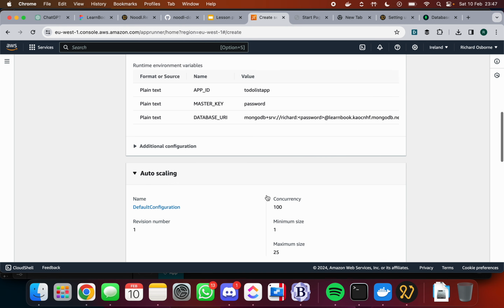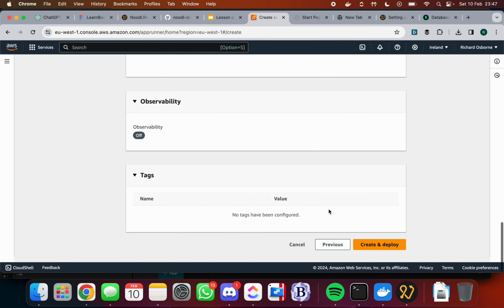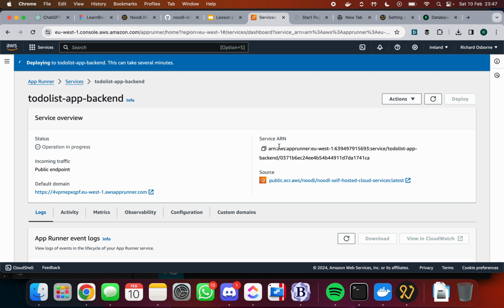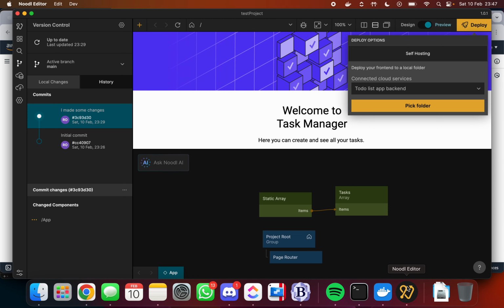To do this pattern, okay. And then create and deploy. Okay, so now we have the endpoint for our App Runner thing. Like we had localhost 3000 before, now we have a domain that we can use for setting up our Noodle project. So you would actually want to set up a new one,